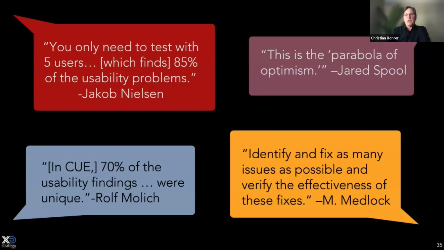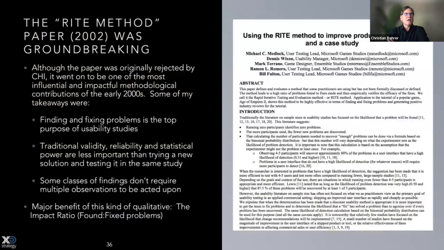So you may be familiar with that paper. This is what it looks like on top. This paper, if you haven't read it, I thought was pretty groundbreaking in this conversation because even though it was rejected by CHI, sadly, which happens a lot, it was eventually published by the UPA. It showed a few key takeaways that I think were really helpful in this whole conversation about numbers of users.